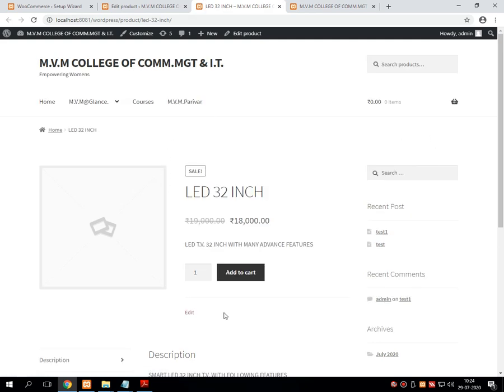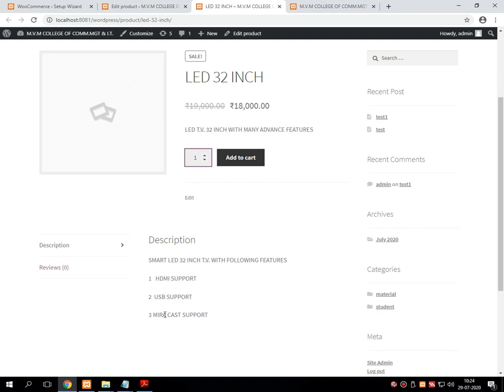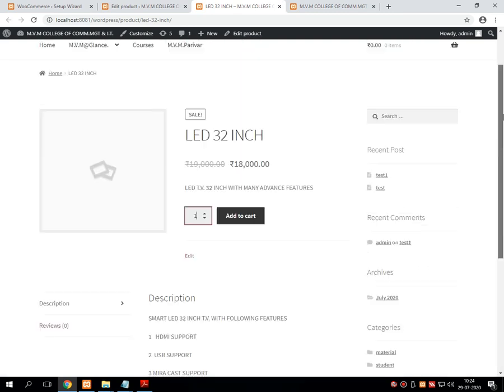You will see this type of store locator over the screen. Here you will get the title of the product, MRP and the discounted price, description of the product, quantity which I want to purchase, add to cart facility, and many things.